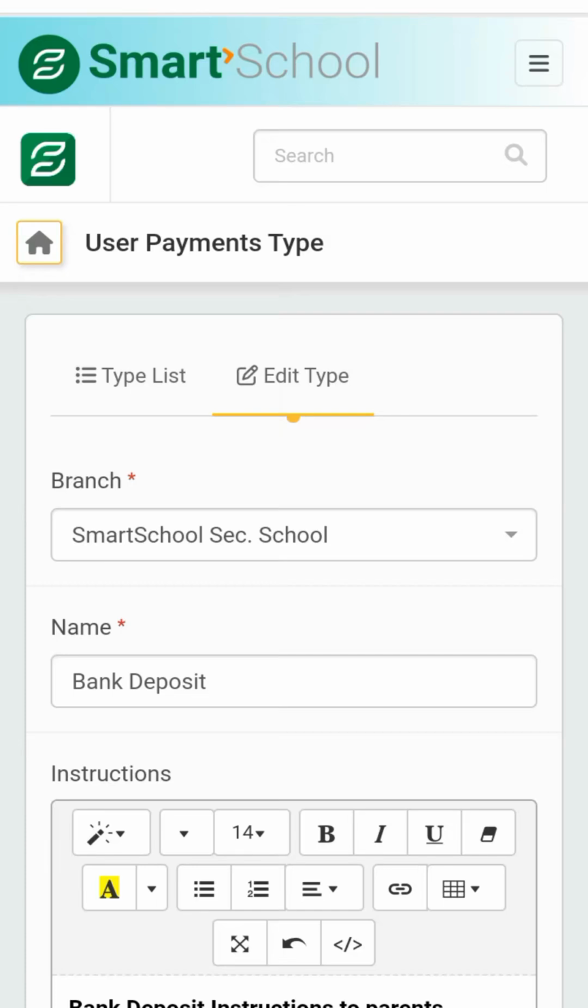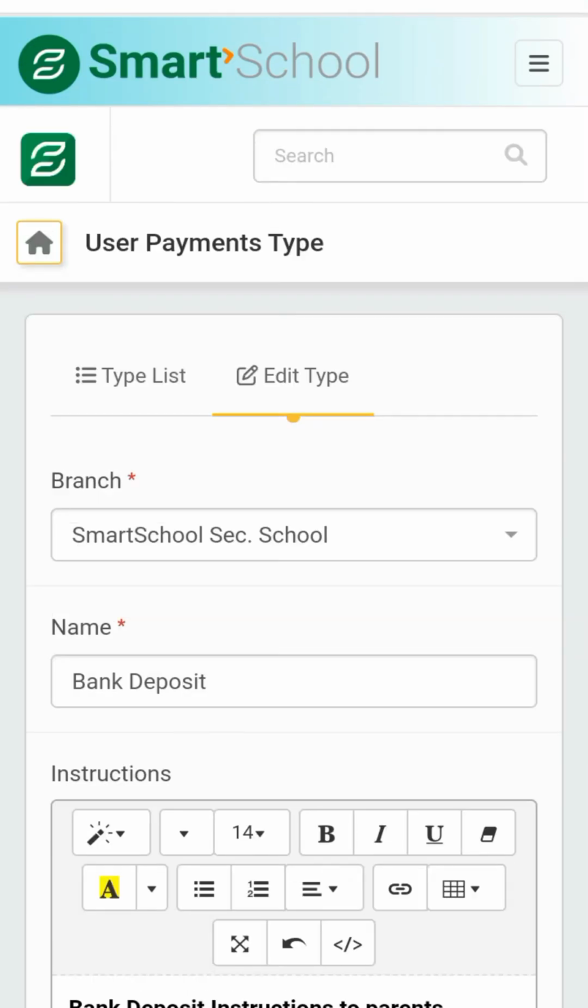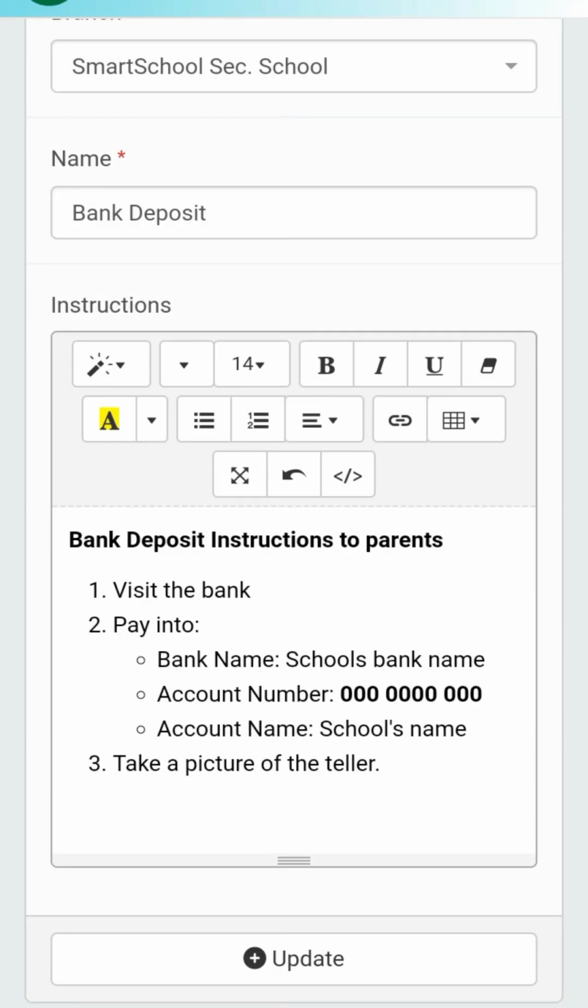So now I'm opening a sample of that. So this is bank deposit instruction. Visit the bank and pay into this bank account number and take a picture of the teller. So this is the instruction they need and they are going to see it from their own dashboard. So this is the admin setting. This is the admin, and as the admin, this is what you do from your own side,